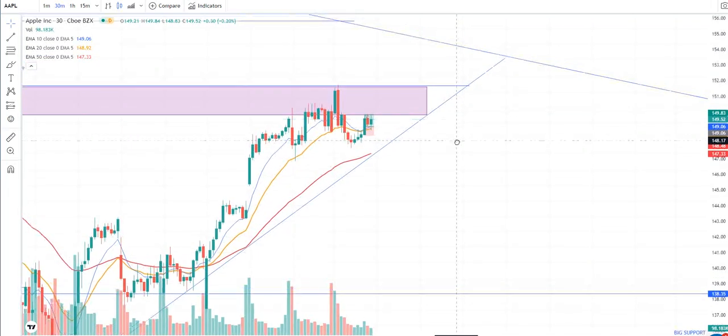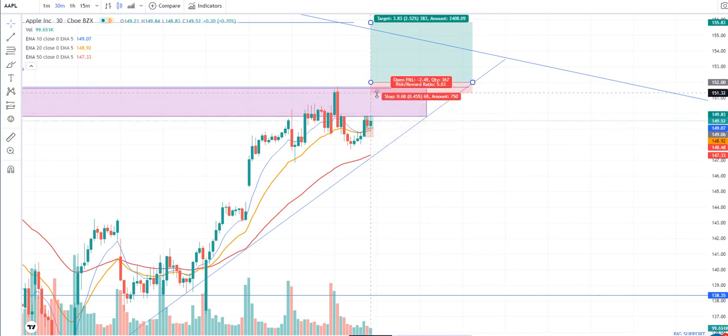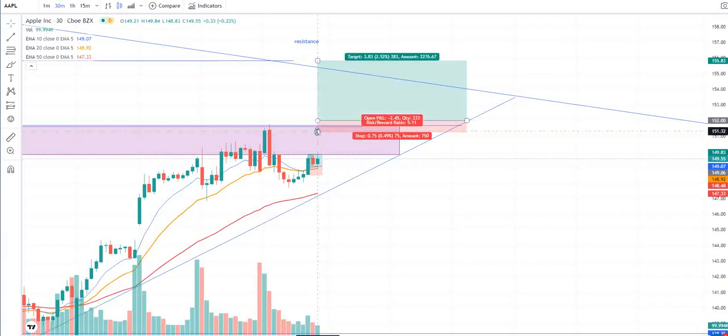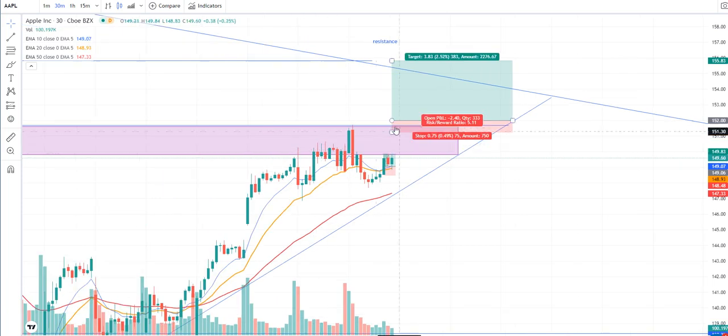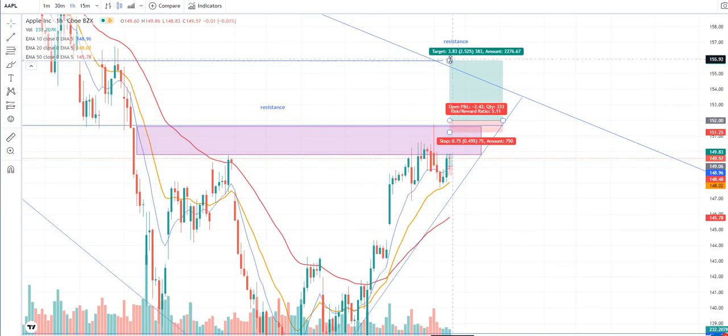So what we can do is we can do two things. We can enter the long. Now first of all, we need to be careful where we put the long. So ideally we want to put a long here, and our stop loss will be depending on where our candles close. We are going to go to